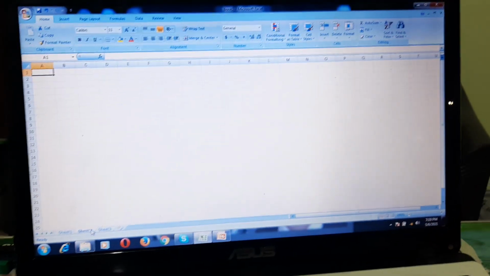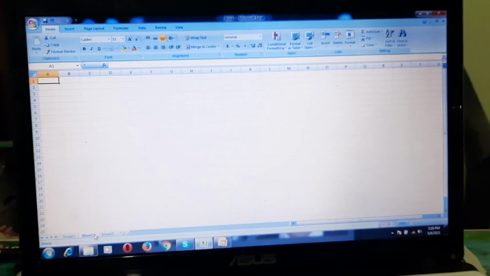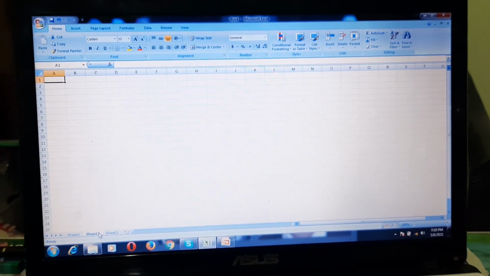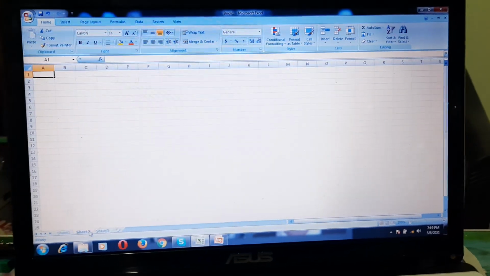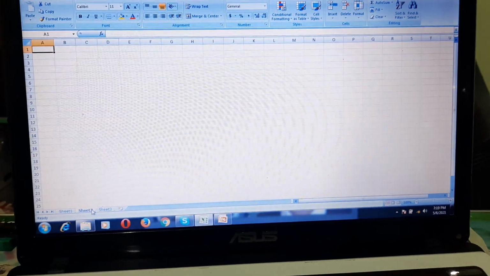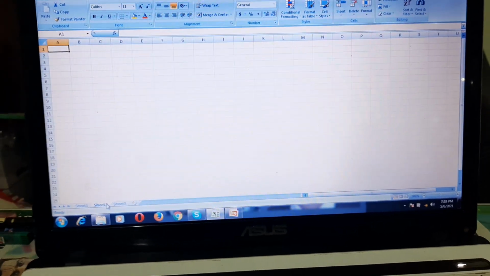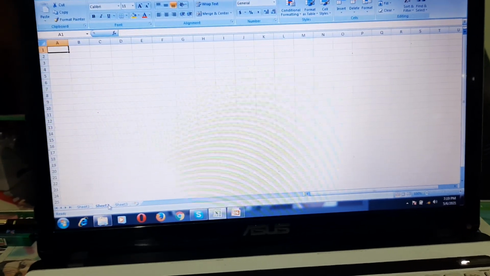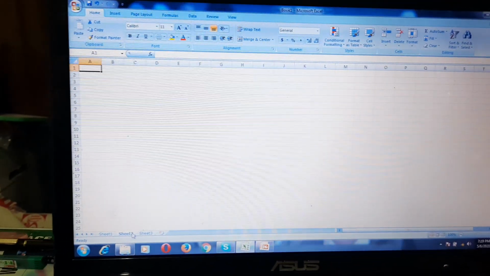So, we have already started the second chapter and I have explained much about Excel. I have explained what Excel is and what the use of Excel is. I have explained the rows and columns, functions, name box, formula box. I have explained the cell. I have explained the different types of cell referencing, that is absolute, mixed and relative.